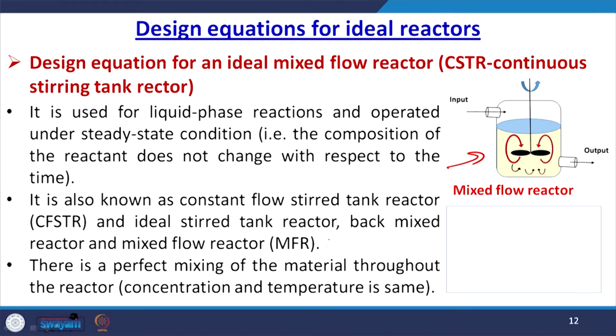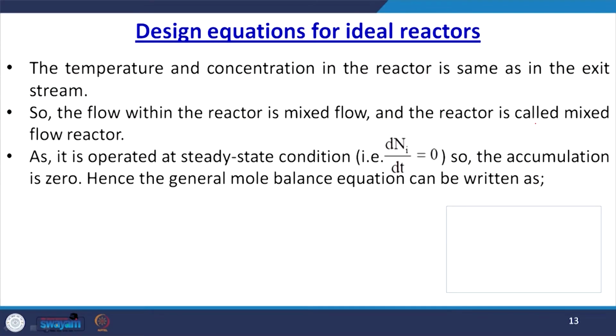Now there is perfect mixing of the material throughout the reactor. Therefore, the concentration and the temperature are supposed to be constant throughout. So the temperature and concentration in the reactor are the same as in the exit stream. Therefore, the flow within the reactor is mixed flow, and the reactor is called the mixed flow reactor. It is operated under the steady state condition, that is dNi upon dt is equal to 0. So accumulation is 0, and the general mole balance equation can be written as